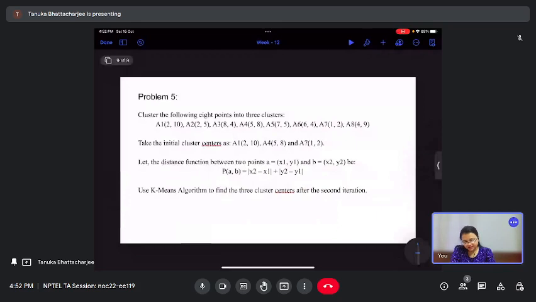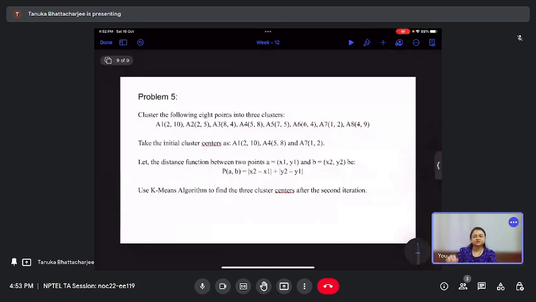Take the initial cluster centers as A1, A4 and A7 and let the distance function between 2 points be given as, if the points are A and B, your distance will be the absolute difference between the x coordinates plus the absolute difference between the y coordinates, and use the K-means algorithm to find the 3 cluster centers after